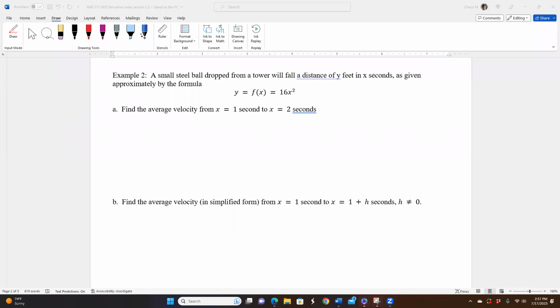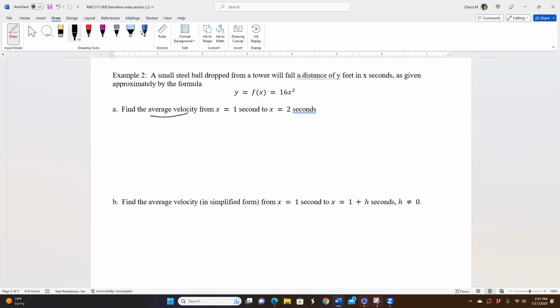In this video, we are going to be looking at average rate of change and instantaneous rate of change. Average rate of change was the same thing as the slope of the secant line, and so is average velocity. So as we look at question 1 or question 2 here, it says a small steel ball is dropped from